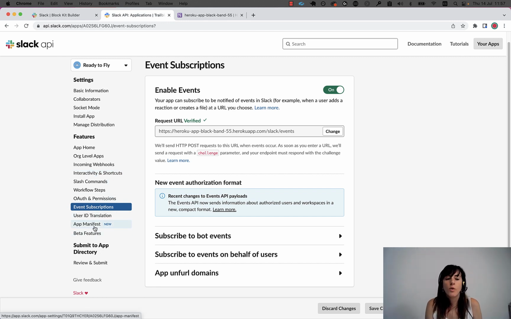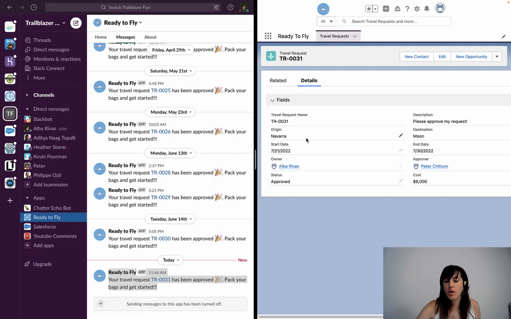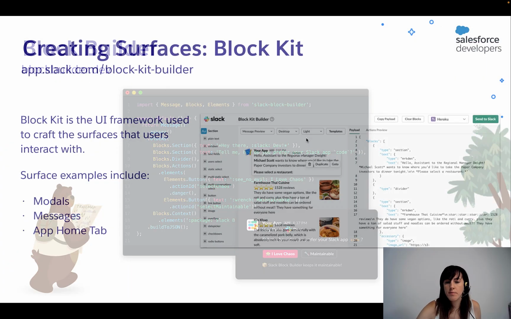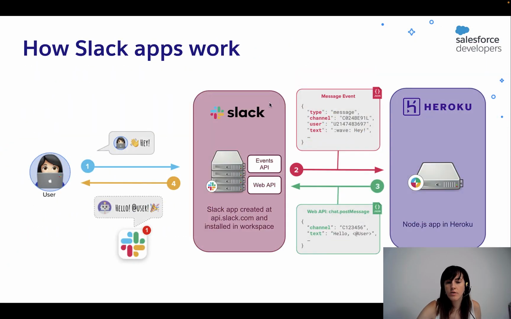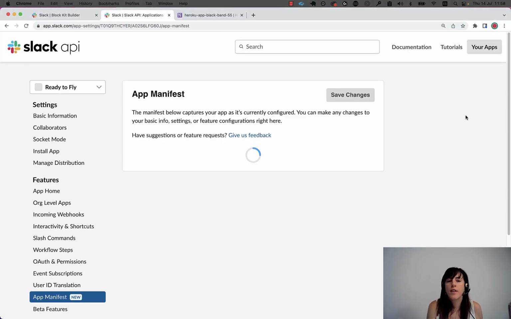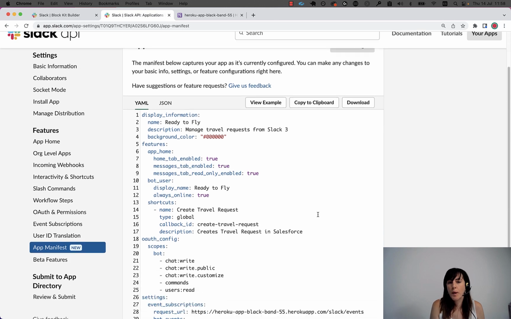Okay, so this app configuration defines what this piece of the architecture is going to do. Let me go back one second to the architecture schema. Okay, it defines what this piece of the architecture is going to do. It's not something that we define with code. We define it in this web page here, but